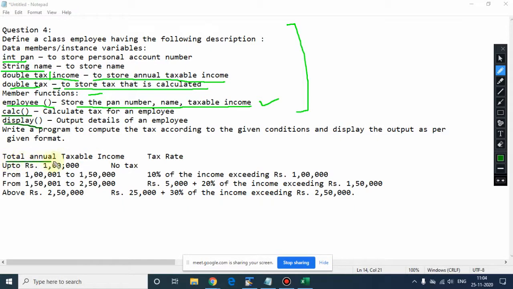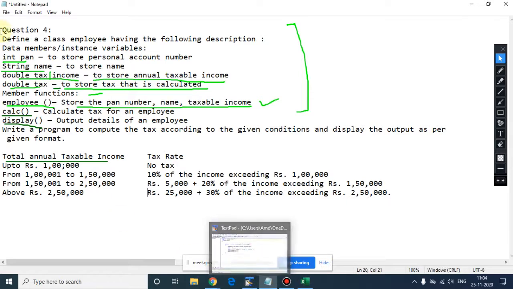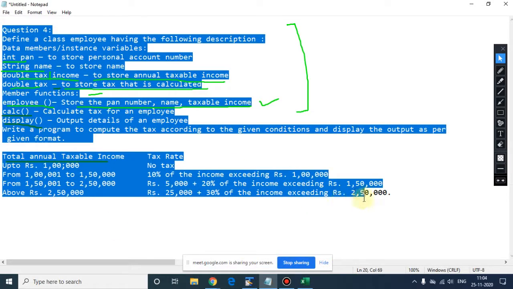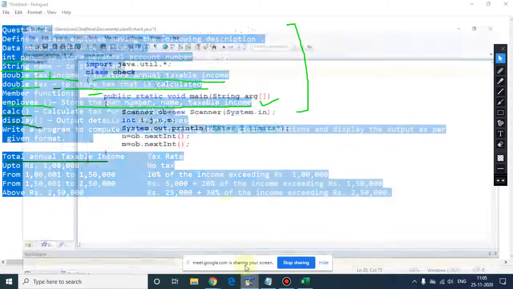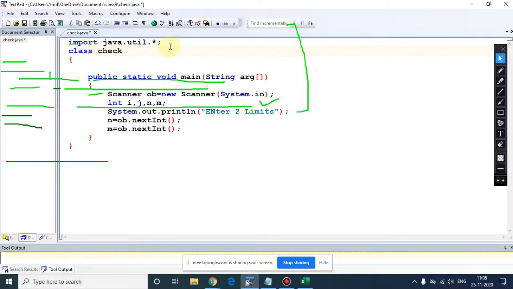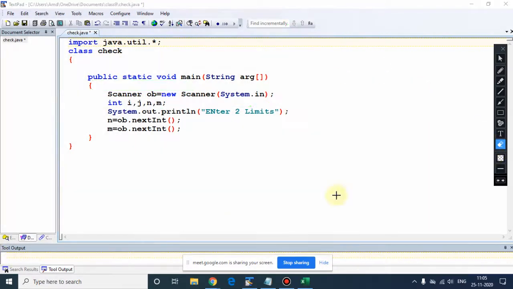How you will calculate the tax, you need to go through the criteria which is given here, right? So let me show you this program. Please pay attention.